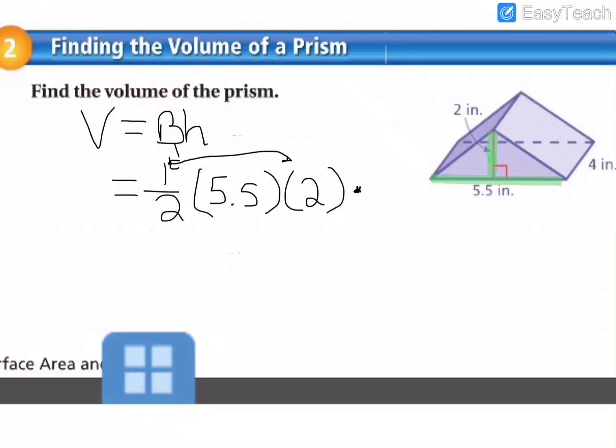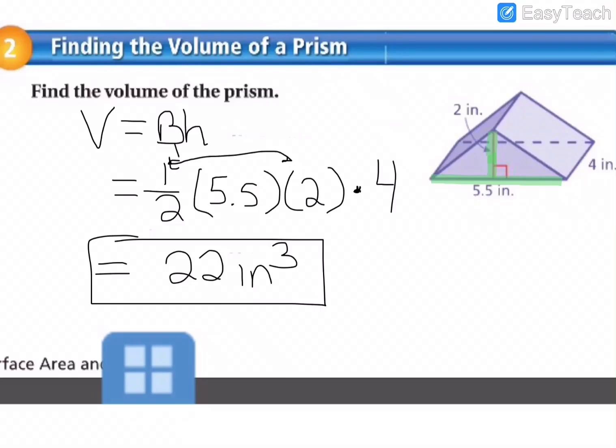If this was standing on one of the triangle bases, this is going to be the height. So times 4. Half of 5.5 times 2 times 4 is going to equal 22 inches cubed,